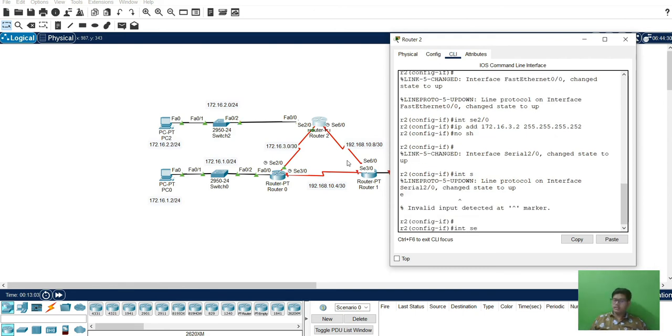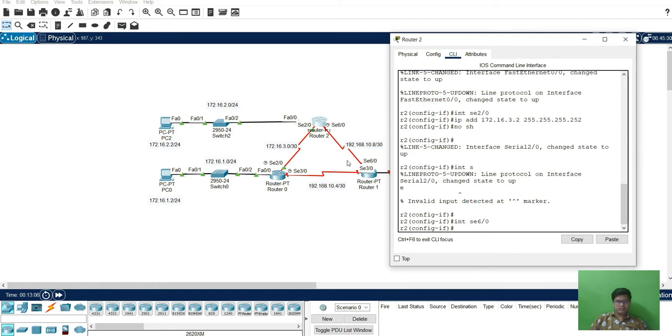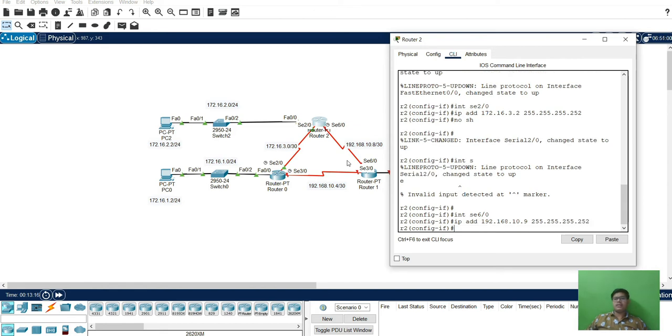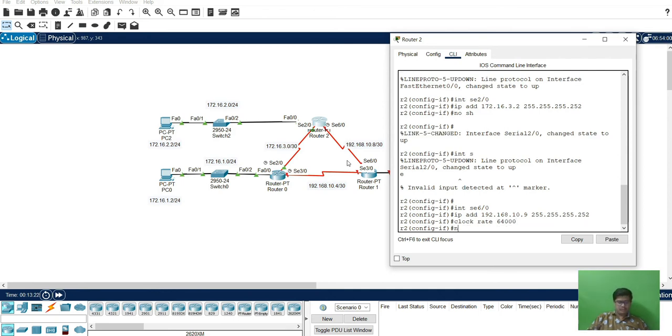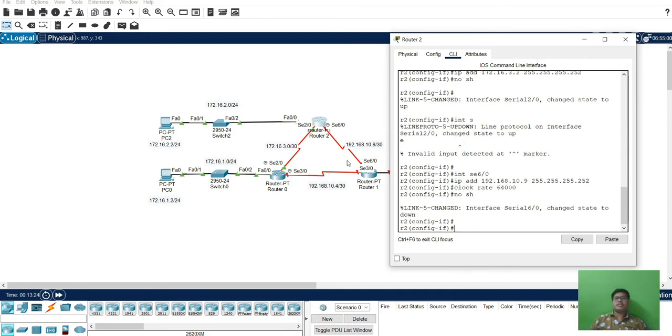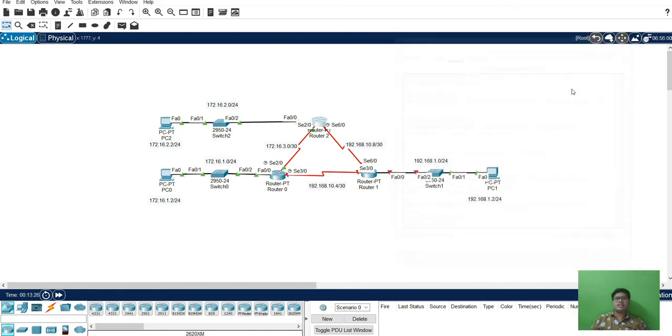Interface serial 6/0, IP address 192.168.10.9, 255.255.255.252, clock rate, no shutdown. Okay, this configuration is done here.